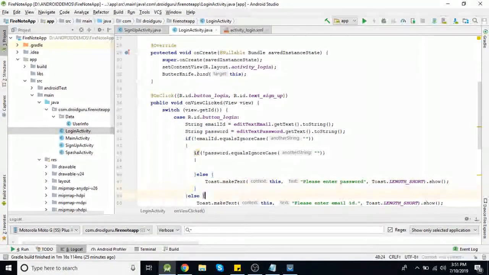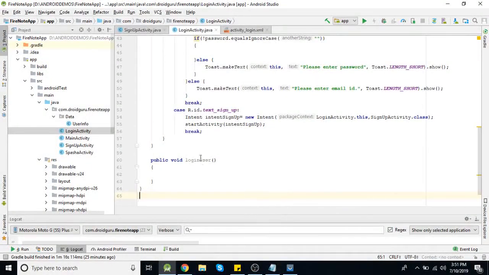So now we created this function. It will accept two parameters, email and password. Okay. Now we need to call this function here, that is loginUser with emailID and password.